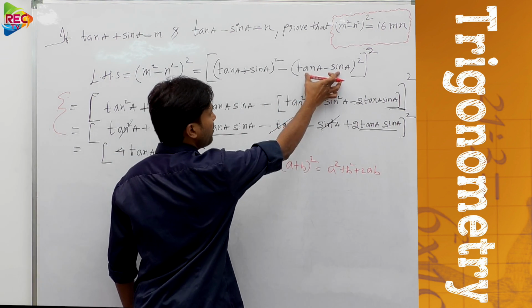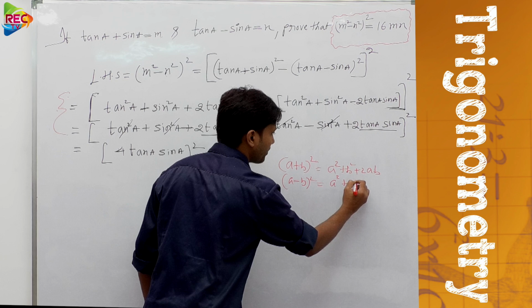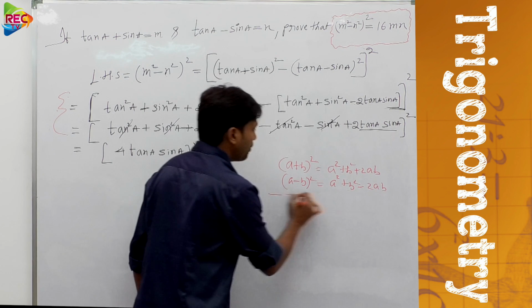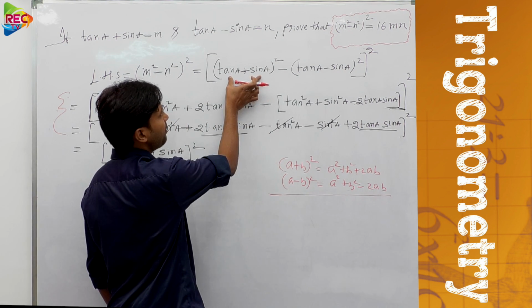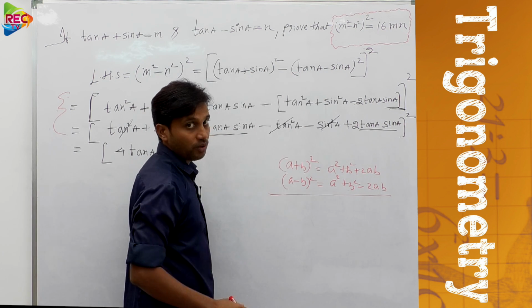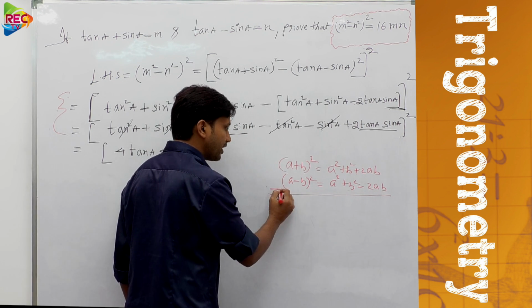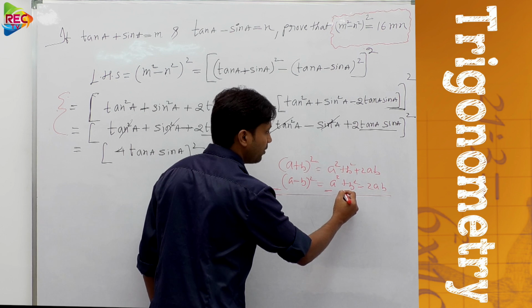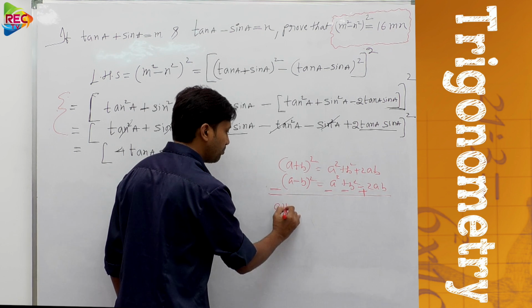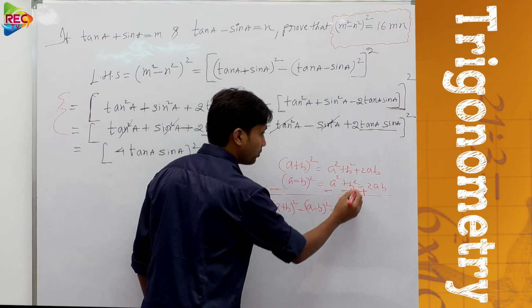Now this is in the form of what? A minus b whole square, no? So therefore a minus b whole square equals a square plus b square minus 2ab, right? Okay, now if you want to subtract one condition from the other, see this is a plus b whole square minus a minus b whole square. If you want to subtract the second condition from the first, then you need to change the signs: for plus you write minus, for minus you write plus. So we can write a plus b whole square minus a minus b whole square equal to what? This is 4ab, right?